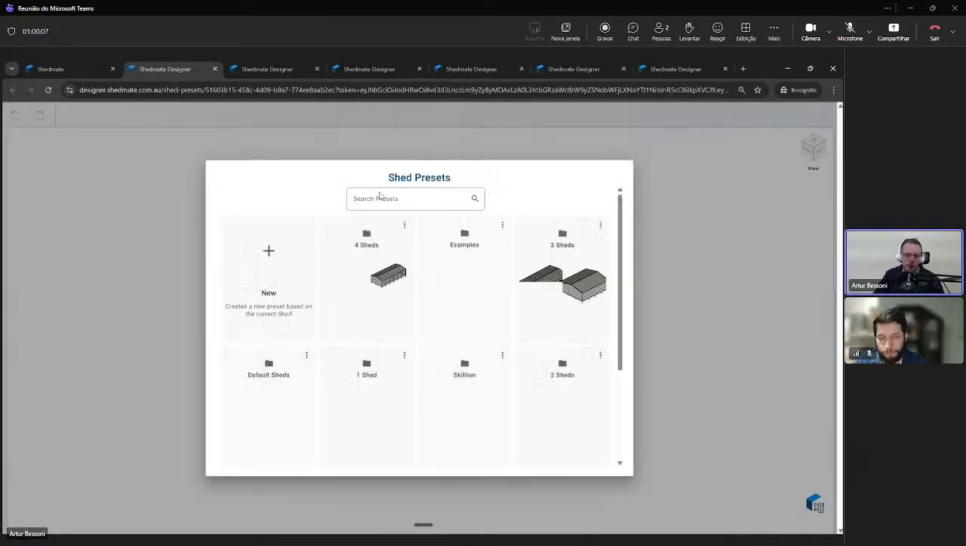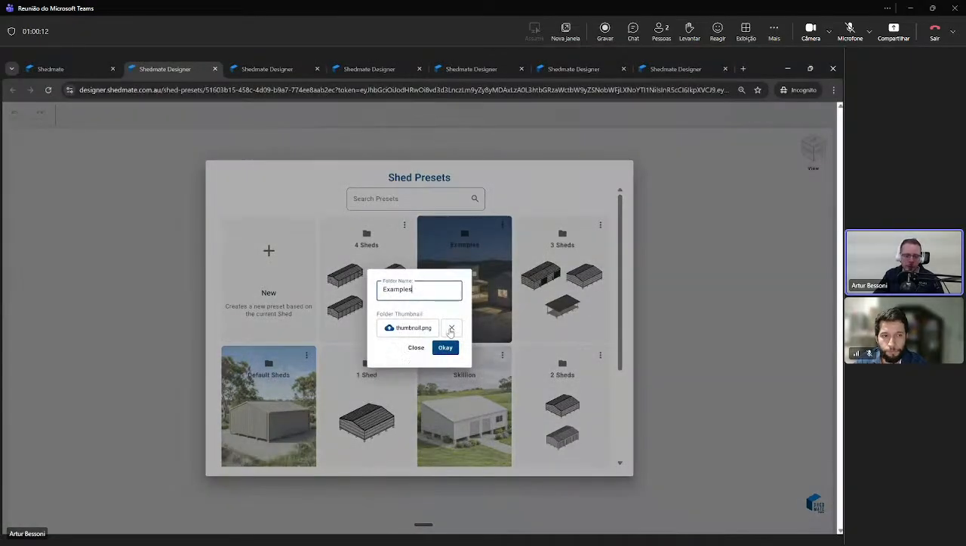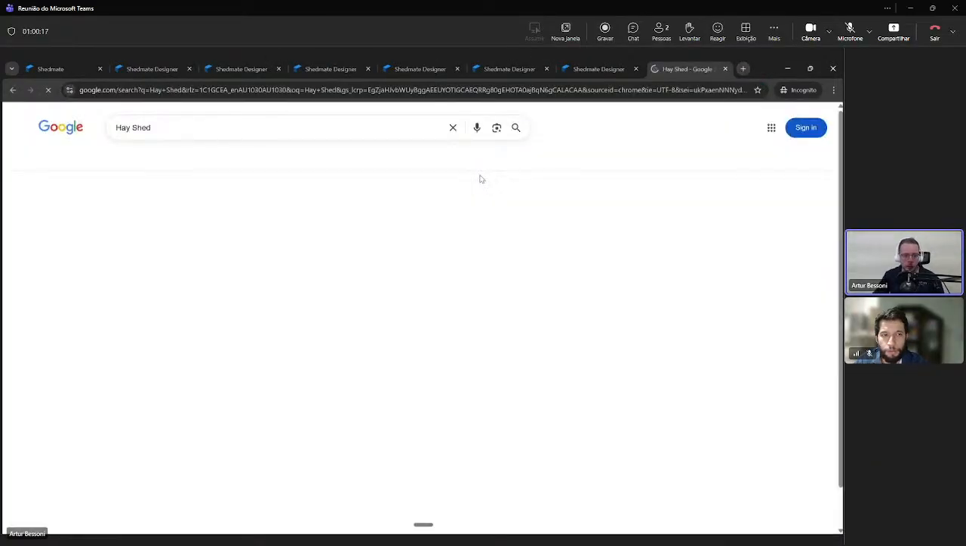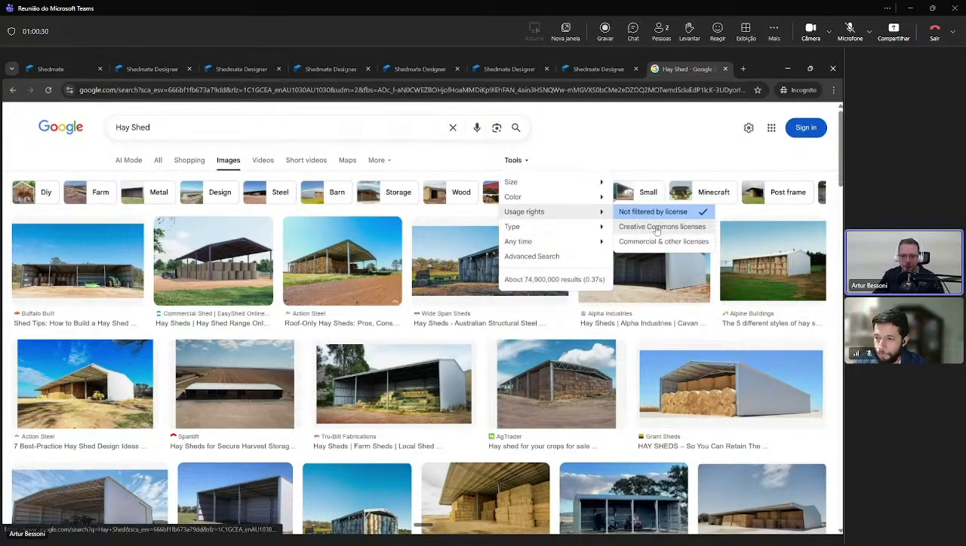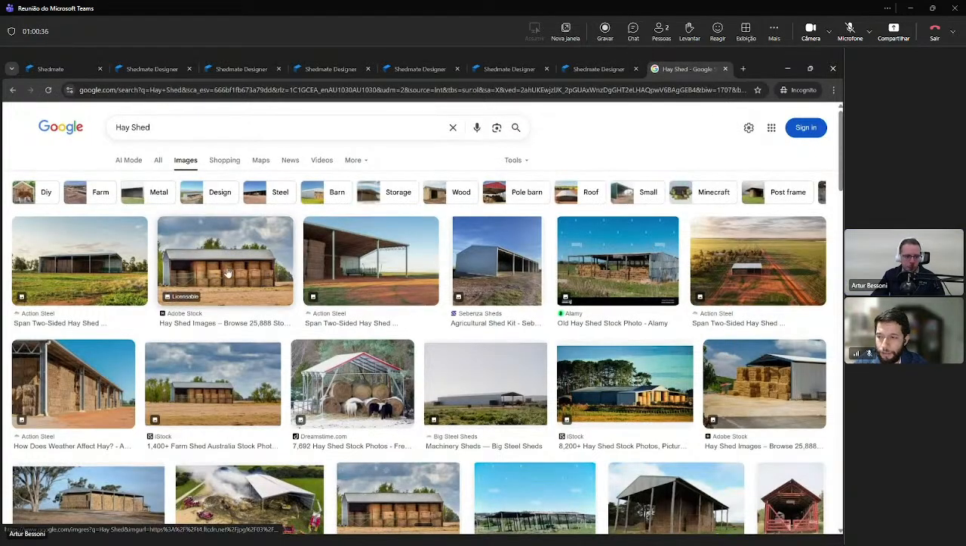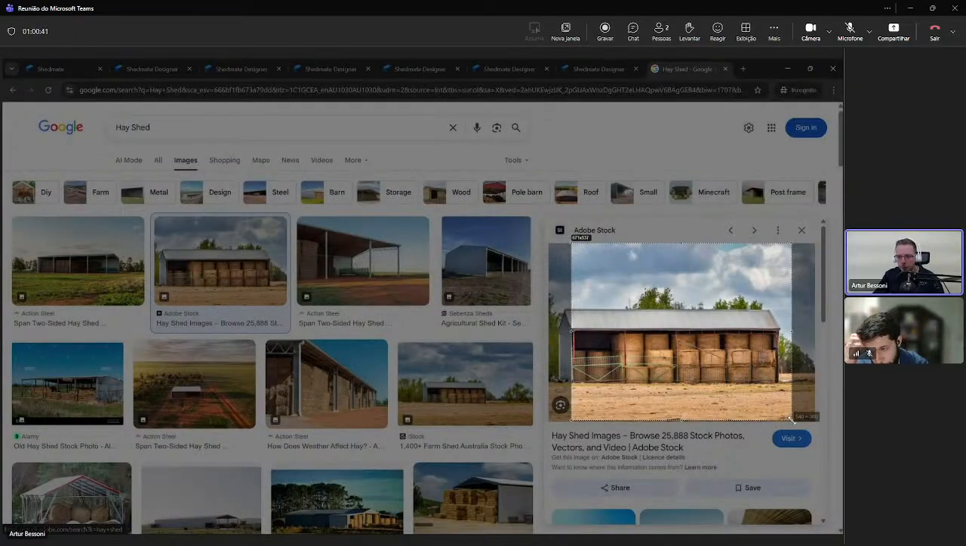It's actually the ability to modify your shed presets, and you can edit those folders and use a different thumbnail. So, for example, if I'm doing hay shed, I can just come here to images. I just search for hay shed, and let me see. I think this image looks good. I would need to change it for something that I can use for commercial and other licenses. So that's one from Adobe Stock, but that's a good one. So let's say that I just want to get this part of the shed. I can save this to my computer,